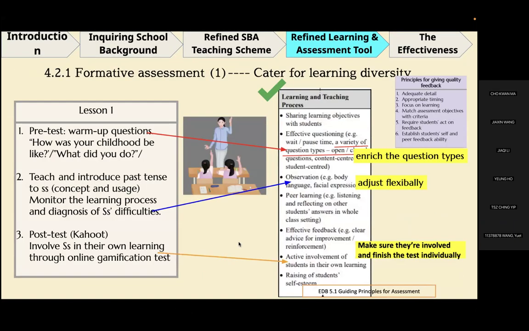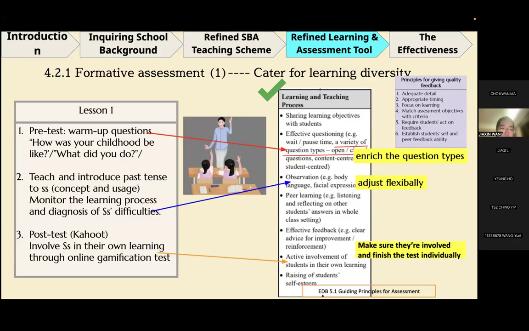So for 4.2.1, we want to focus on the formative assessment. The first purpose for formative assessment is to cater for learners' diversity. So we can see from the EDB's document, guiding principles for assessments, we want to enrich the question types and adjust the flexibility of the teaching content, and we want to make sure the students are involved and finish the test individually. So we designed our activities by using warm-up questions and